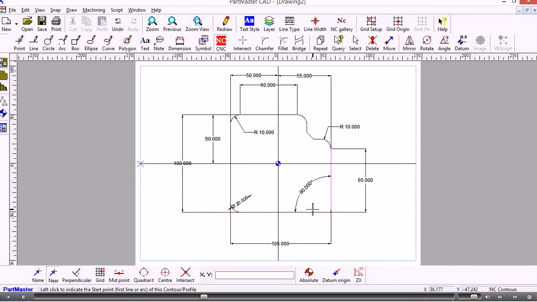So as we move the cursor around, it highlights the line under the cursor, and the blue square that you see there is showing me the start point of the line, and the arrow is going to the left. That's because the cursor is towards the right hand end of that line. If I move the cursor towards the left hand end of the line, then it picks up that end point, and the direction of the contour would be anti-clockwise. But as with all things, the options can be changed later if you change your mind about cutting direction and so on. So we click the mouse,